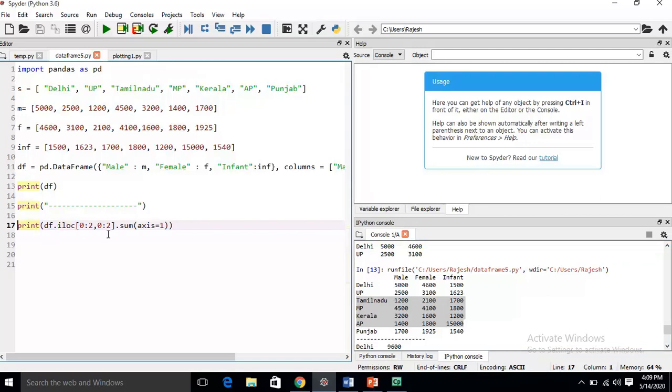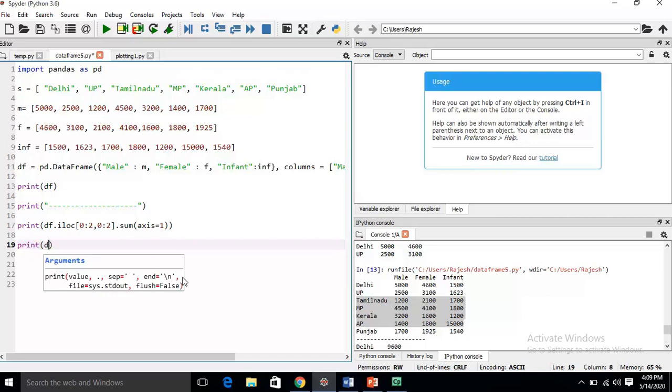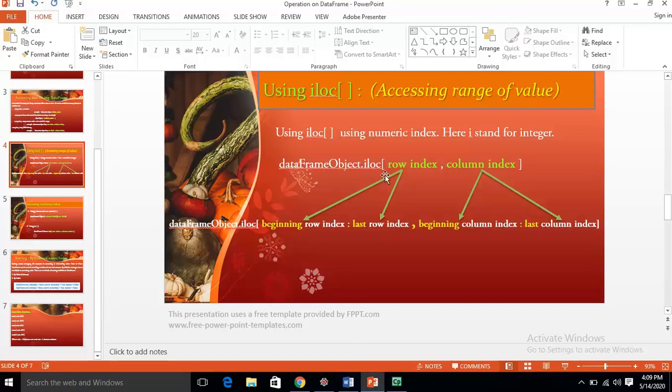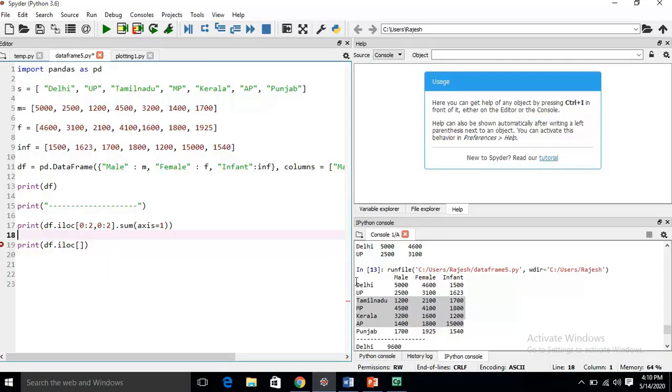But now how will we use it? Let you see. Print df dot ILOC, then square bracket, and first is our row index, with the beginning index and last index. Row index consists of beginning row index and last row index. So this is 0, 1, 2.